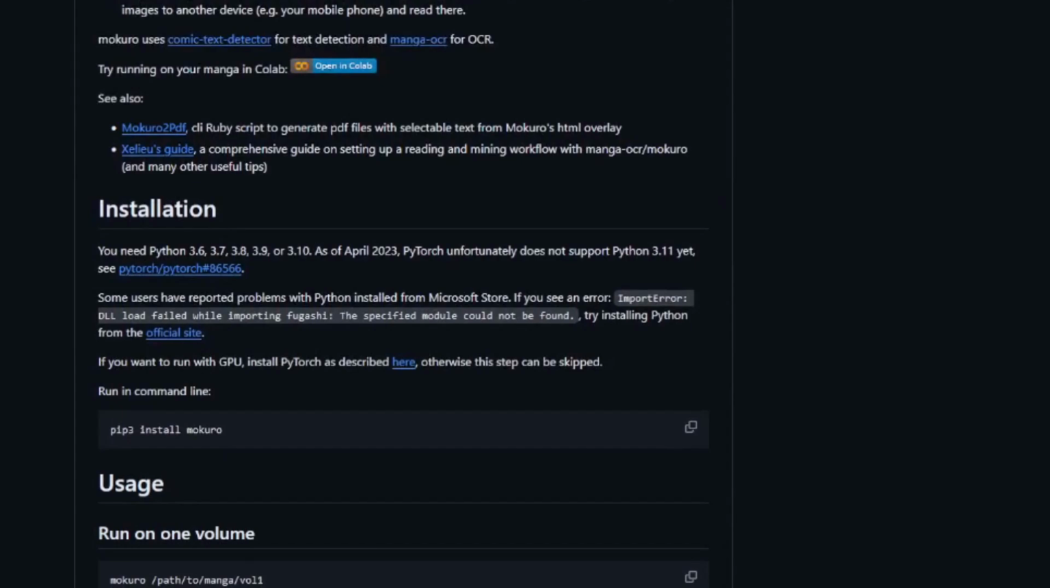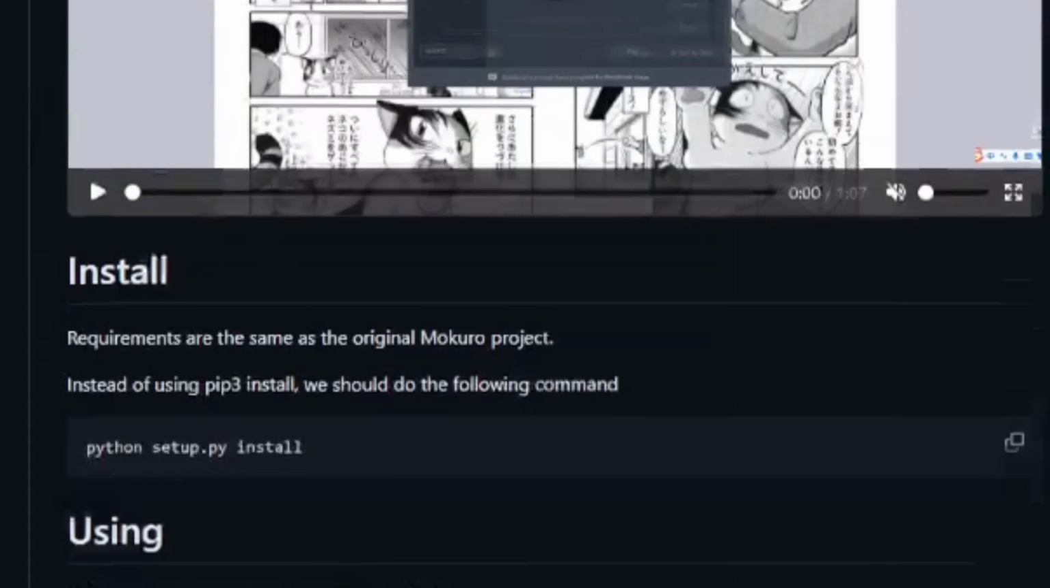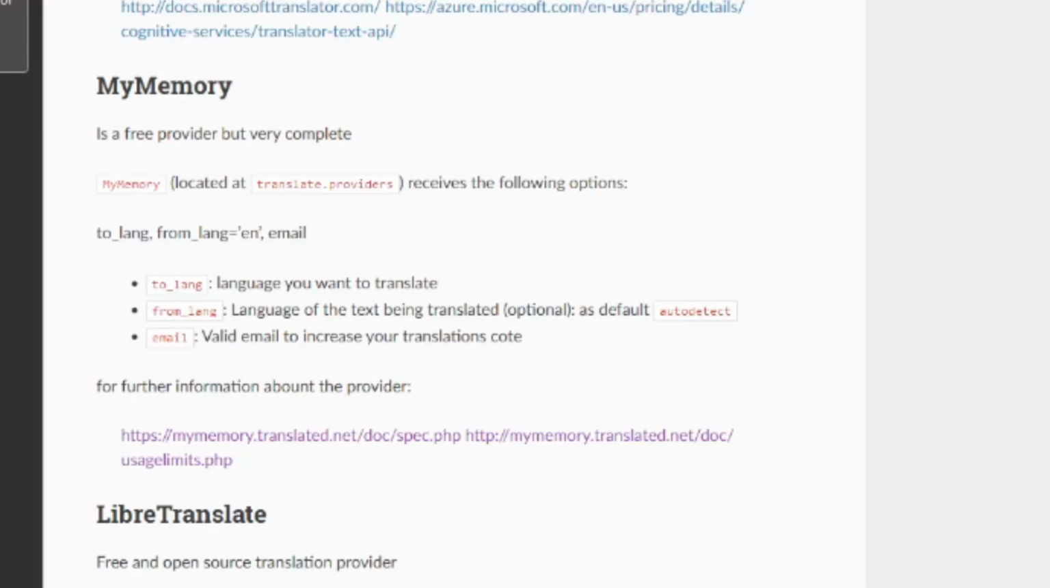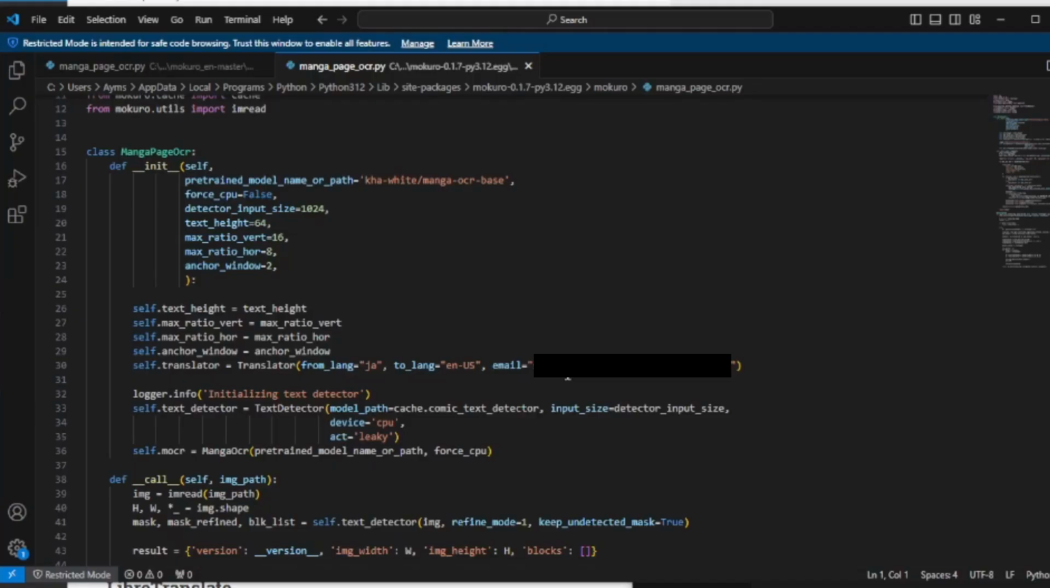If you pip install Mokuro, it will be the wrong version. Also, by default, Python Translate uses the MyMemory translation service. And this service, if you don't supply an email, is extremely limited in how many characters they allow you to translate at a time, so before you install Mokuro, you should modify the manga page ocr.py file to include an